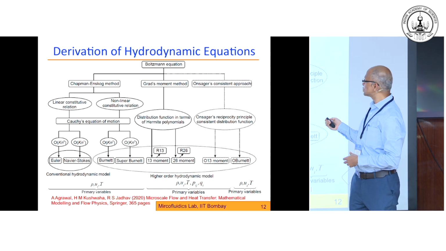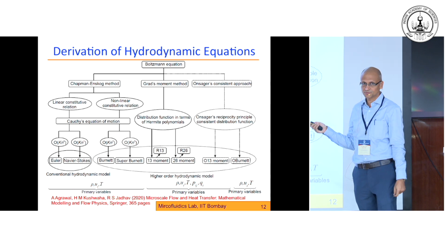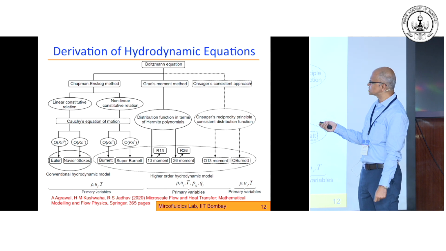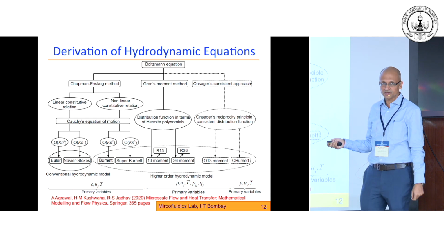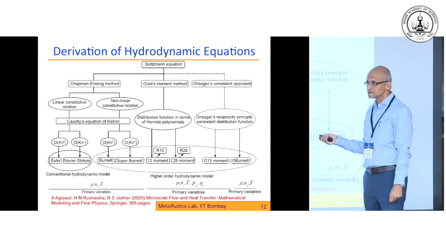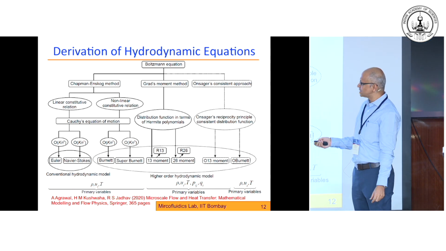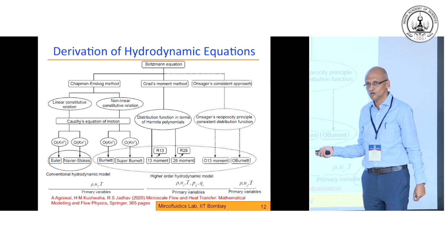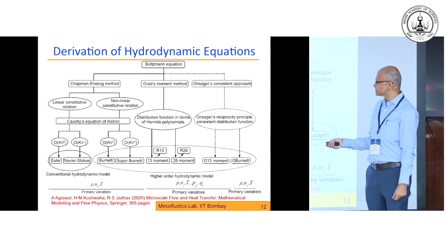So you have to start off in an alternative manner, and that alternative turns out to be the Boltzmann equation, where if one starts from the Boltzmann equation and follows one of these two methods, which have been well known for the last 60, 80 years, one can derive a whole hierarchy of equations. For example, in the Chapman-Enskog method, one tries to derive the stresses, and depending on what order in Knudsen number I stop at: if I stop at Knudsen 0, I will get the Euler equation. If I get Knudsen 1, I will get the Navier-Stokes equation.